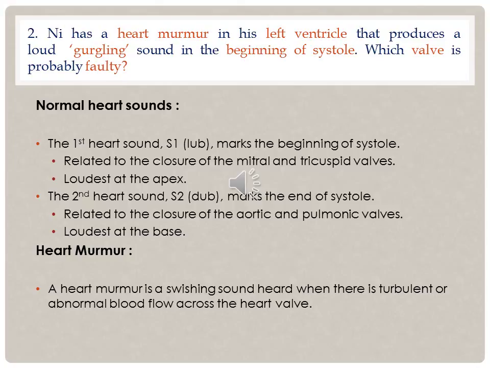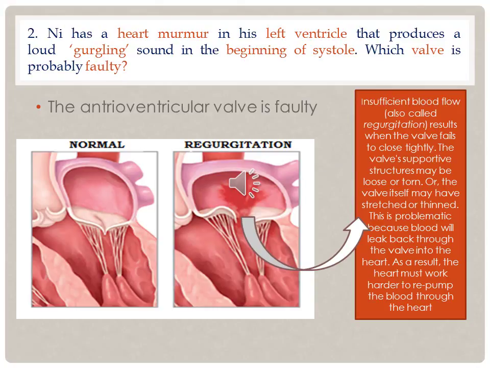Actually, there are two causes of heart murmurs. One of them is valve stenosis, which means limiting forward flow of blood due to narrowing of valves. And the second one is valve regurgitation, which means the valve does not close completely, which allows backward flow of the blood. In conclusion, we suspect that this patient actually has a regurgitating mitral valve. Why do we say so? Because the atrioventricular valve fails to close properly, and the blood flowing back into the atrium produces the abnormal heart sound of a murmur.